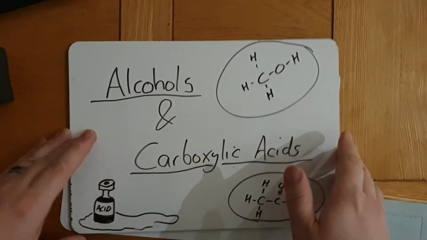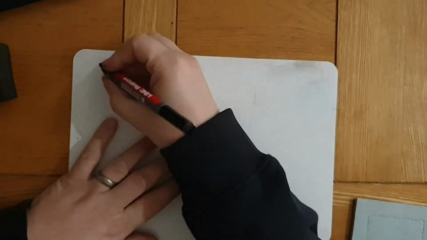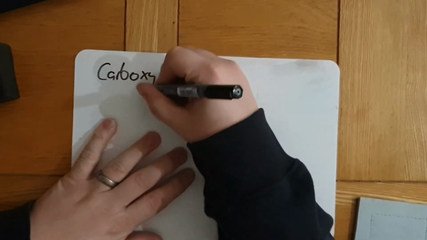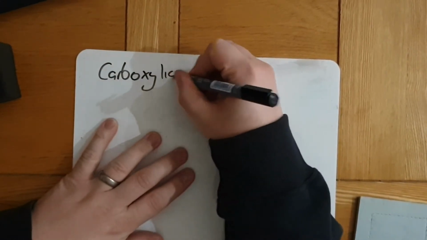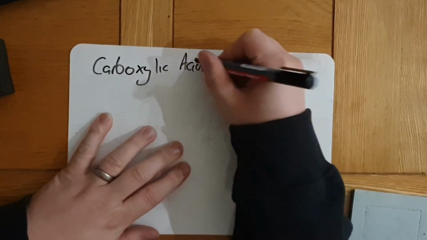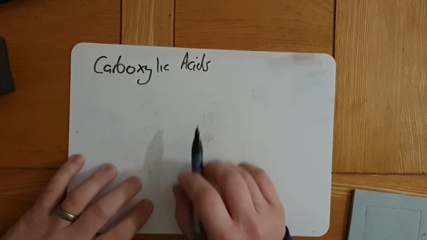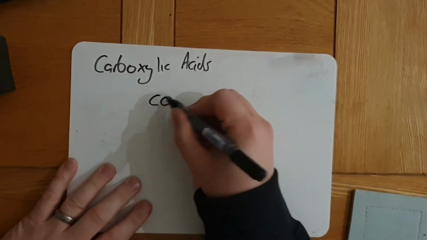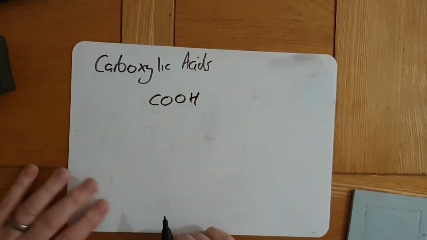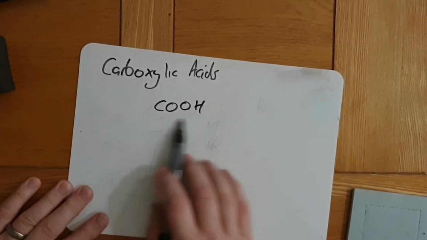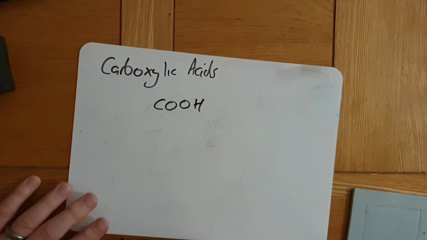That was a lot of stuff about alcohols, and now I'm going to move on to carboxylic acids, which are not as complicated as their name sounds. Again, you need to know the first four. The functional group for carboxylic acids is called a COOH group. It doesn't make as much sense initially when you look at it like that, but when I write it out,